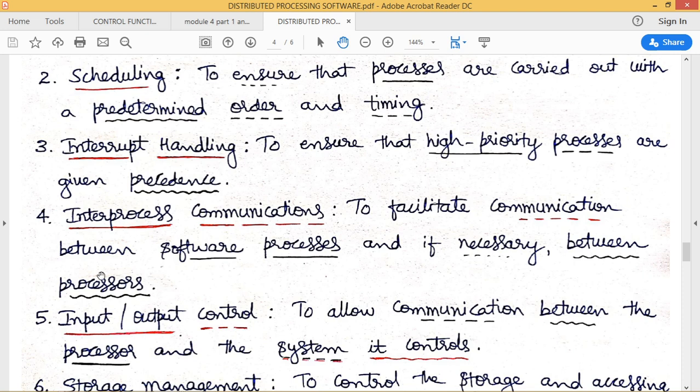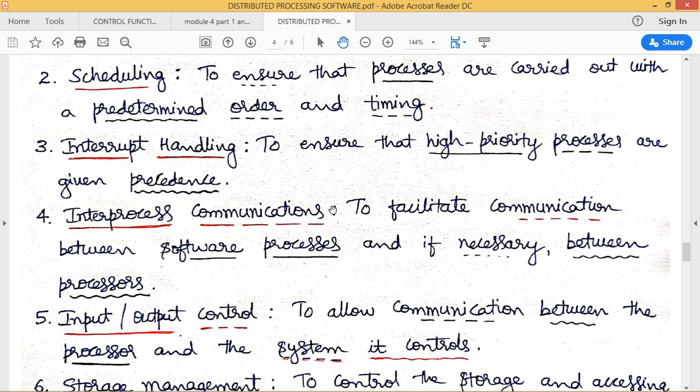As we said, we will be having regional processors as well as central processors. Sometimes different regional processors may exchange data, or a regional processor may send data to the central processor. All those interprocessor or interprocess communications must be